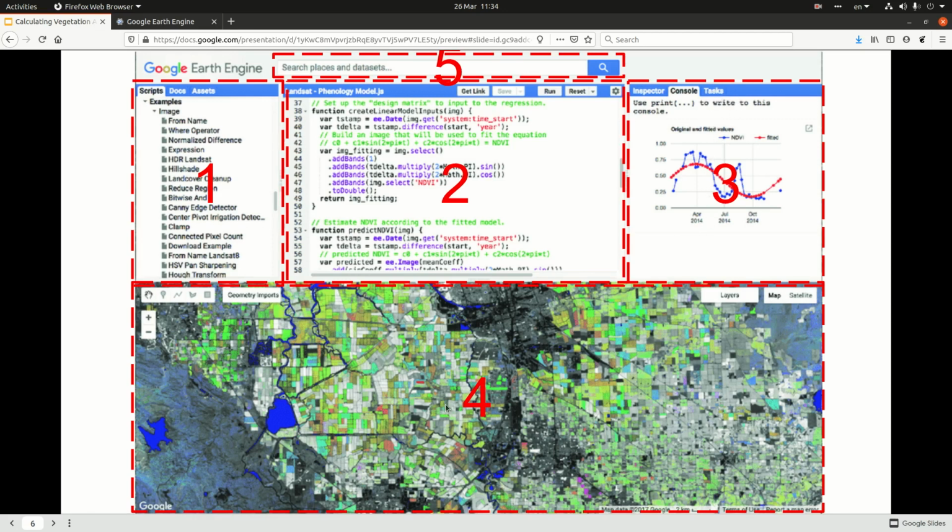So the fourth element is the map viewer window, and the map viewer window will actually display the results of your code if you are loading data, processing data, and producing analysis. So the result of the analysis will be displayed here if you use map add layer, and you can always fill the screen with the map viewer. There is a button here that will fill the screen. You can toggle full screen on and off,